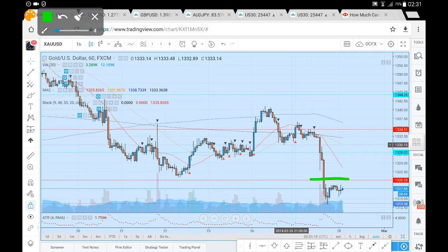The strong sell side momentum that we do have here took us straight beneath this 13.20 level, and we did come down towards this 13.58, from which we did find support, and prices are in a bit of a consolidation, seems slightly to be heading upwards now. Due to the strength of this very strong sell-off,